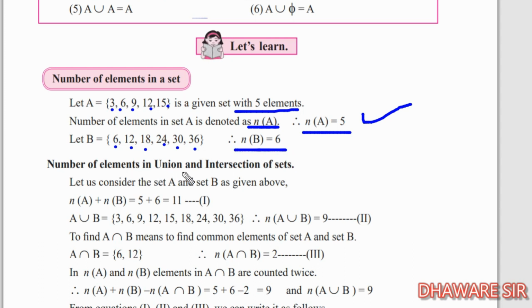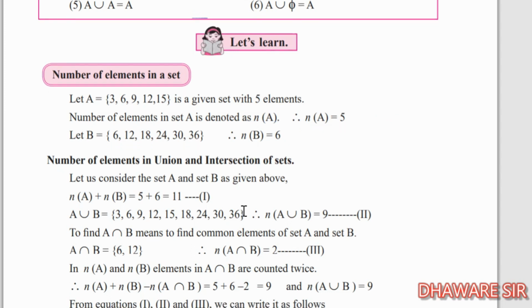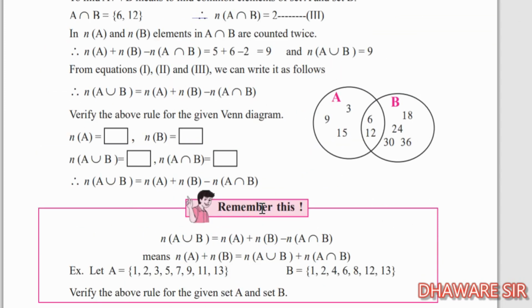The number of elements in the union and the intersection of sets. How can we prove the formula? Let us see. Here is a simple formula to find the element count. If 3 values are given and we are going to find the 4th value, this is the important formula. By this formula we can solve examples, word problems or other examples.